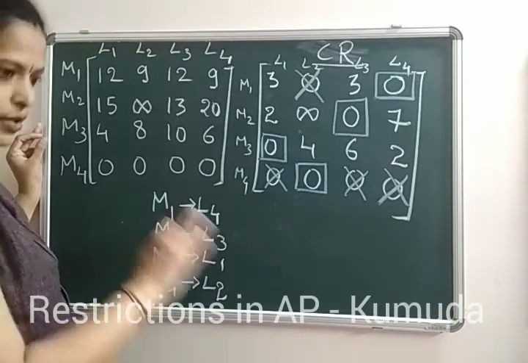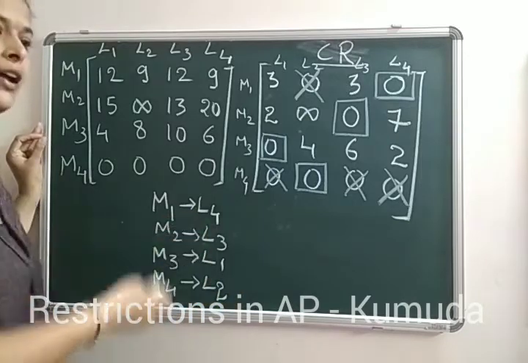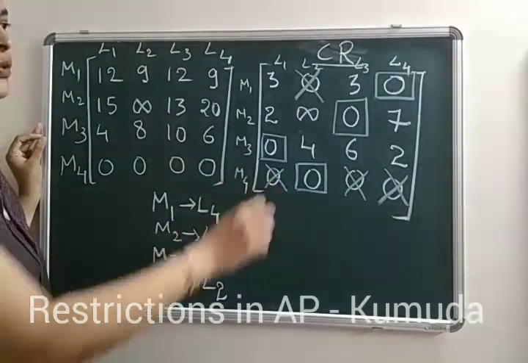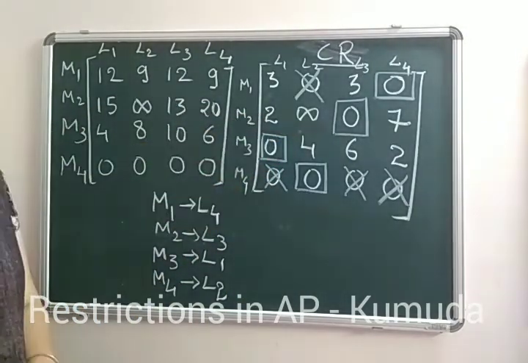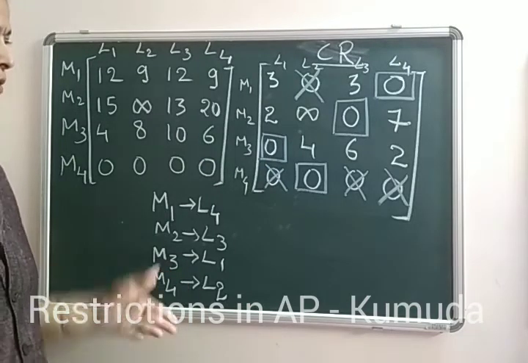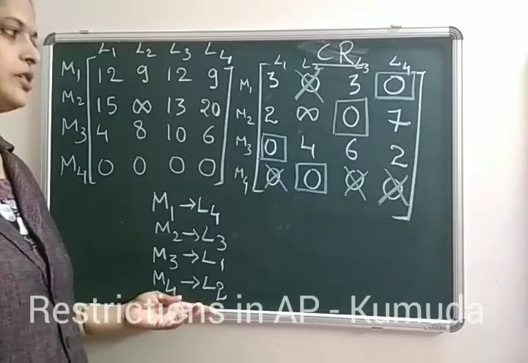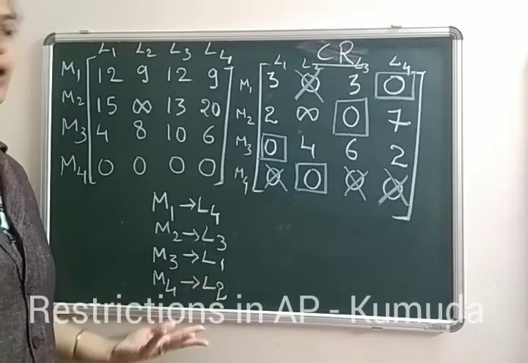So this was also a normal AP with only a small condition called a restriction, where we had a certain machine not able to be installed in a location. That was called not suited, and we replaced it with infinity. Infinity remains the same, otherwise perform the same row operation, column operation and continue to do the problem. So this gives the actual solution for the problem of AP with some restriction.